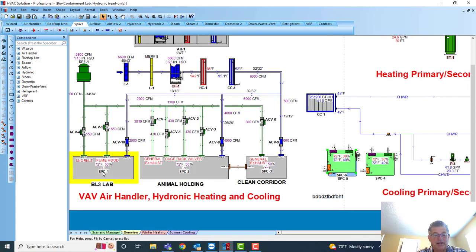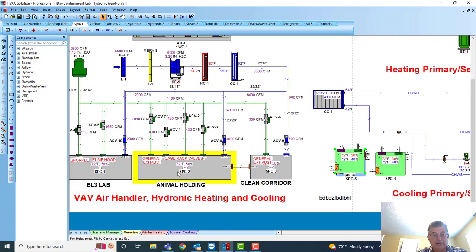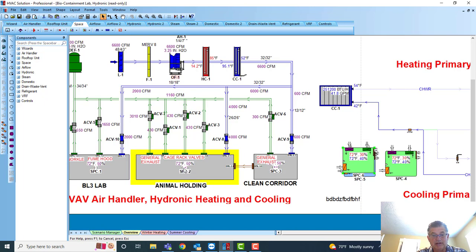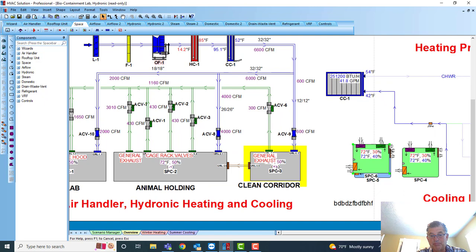So I can quickly see that temperature of the room and humidity. This one has a minus and a little arrow there. That means the air's coming in, and this one's got a plus, that's positive, meaning the air's transferring out. So under a space, when you put diffusers and registers and grills in here: supply,